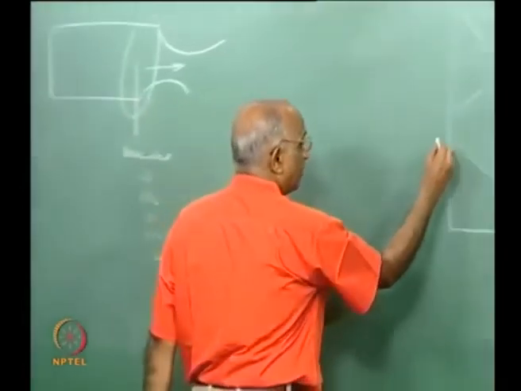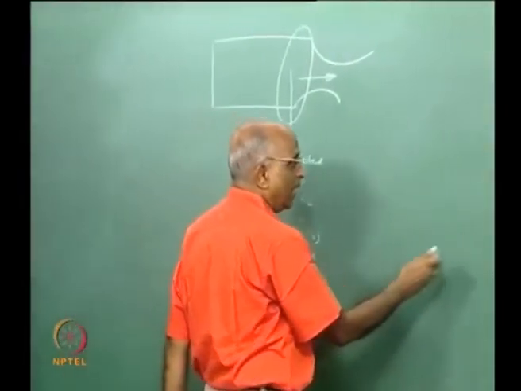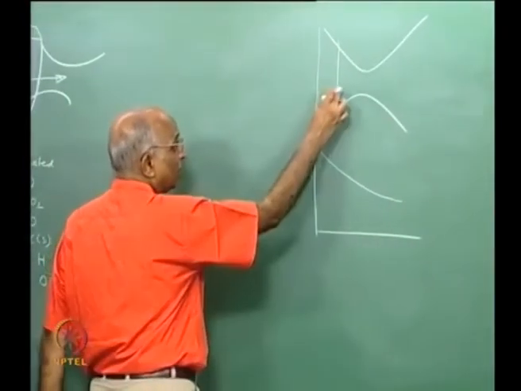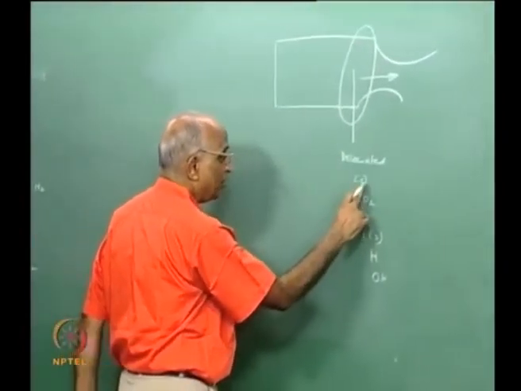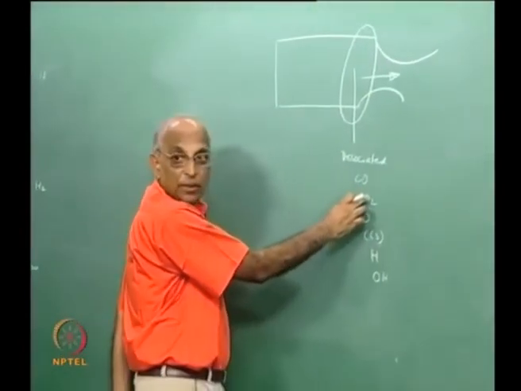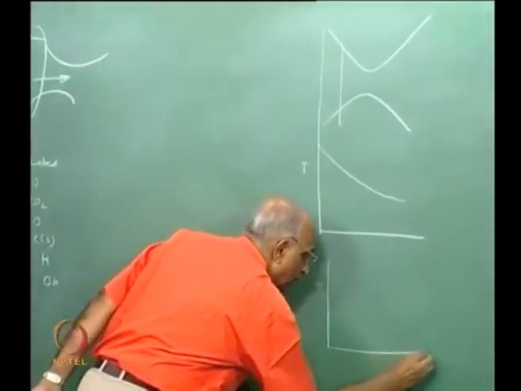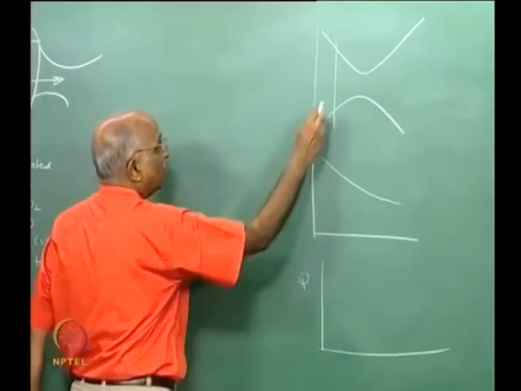Now here the temperature is very high, therefore I get all these dissociated species. As I move downstream of the nozzle, what is going to happen? The temperature falls. If the temperature falls, maybe the dissociated species are going to combine to form the species again. That means if I were to plot the heat release during nozzle flow, what is going to happen is as